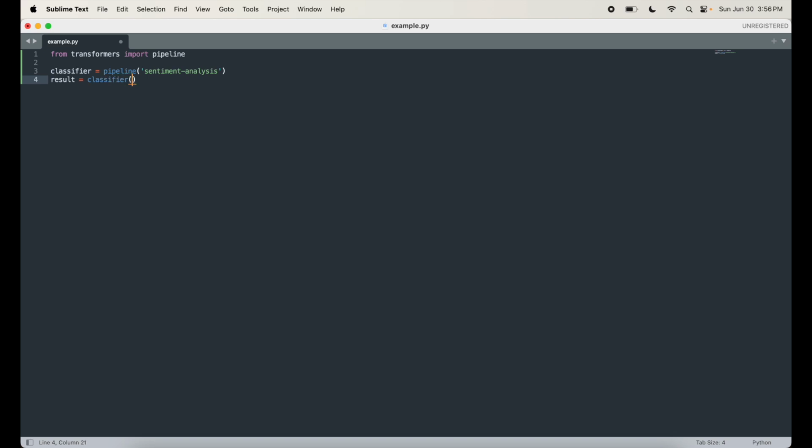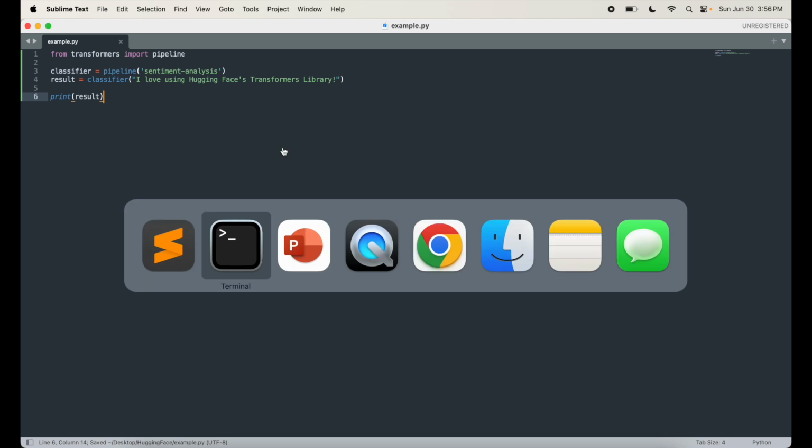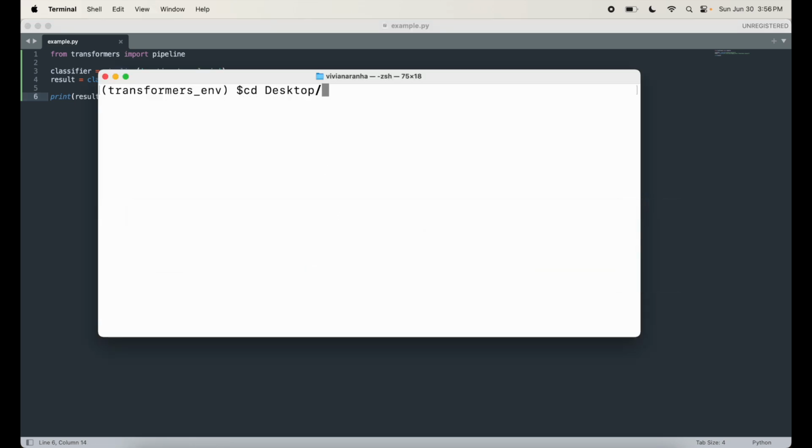I'll use the classifier and I'll say, I love using Hugging Face's Transformers library, and then I'm going to print the result. Now I'll save this file. I'm going to go to my command prompt, go to Desktop and then to Hugging Face, where I have my project, and here I'm going to say python3